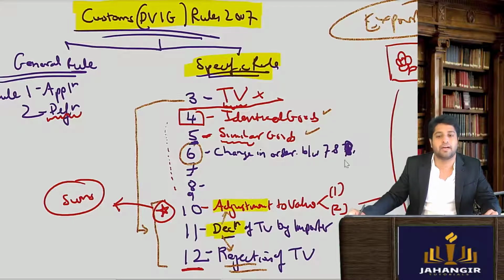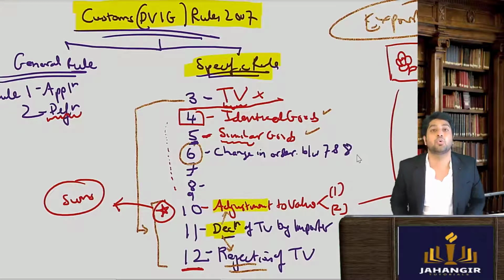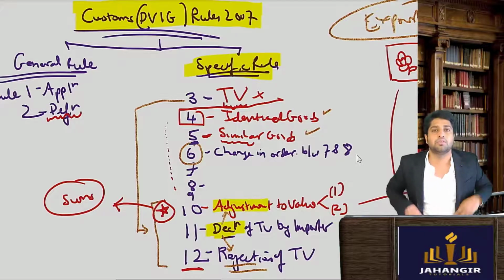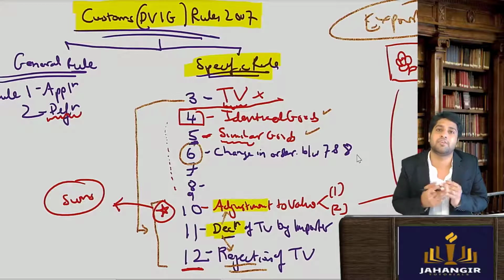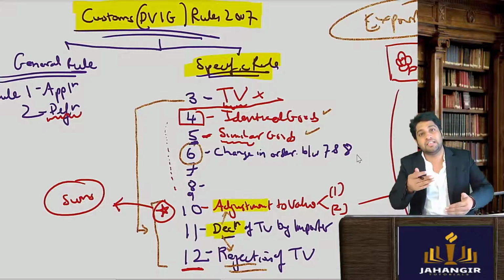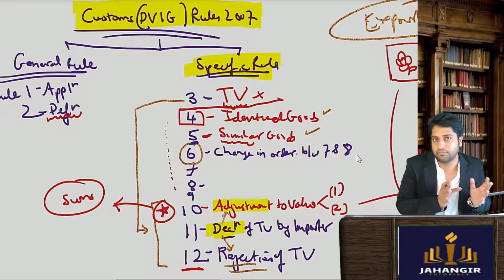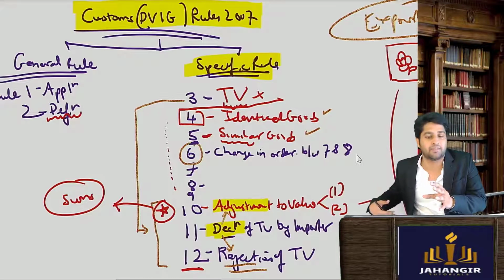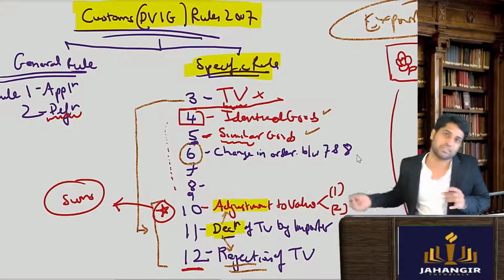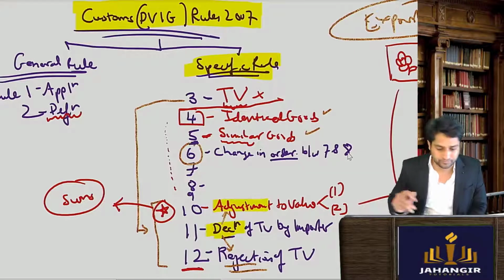What is the meaning of that? Normally after the 6th rule, which rule would you have applied? You will say the 7th rule. You would apply the 7th rule, right? But if the importer says don't apply the 7th, instead apply the 8th. So that is called as change in order. If the 5th rule ke baad mein, I know that the next rule in line is 7 and 8. So 7 and 8 I don't want. I want first 8 to be applied. So that is called as change in order between 7 and 8.